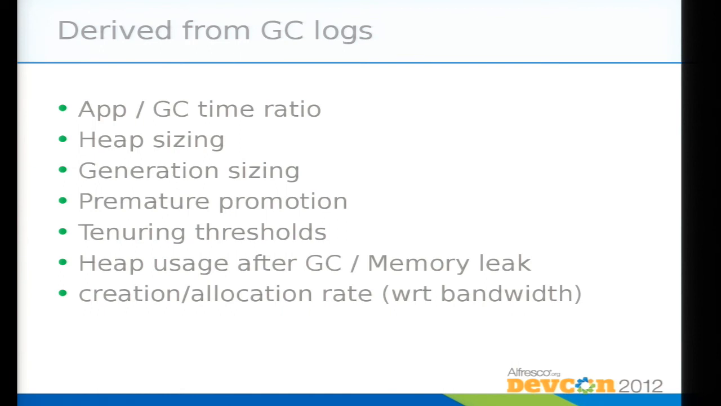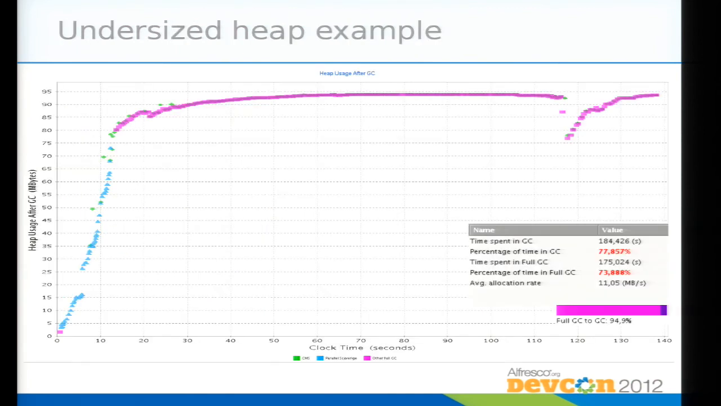Tenuring threshold means how many times I'm copying it between the survivor spaces before I'm moving it into the old generation. Heap usage after GC is the graph that you want to use to investigate memory leaks, and we'll talk about it just after. And allocation rate with regards to your hardware limits. So the first example would be